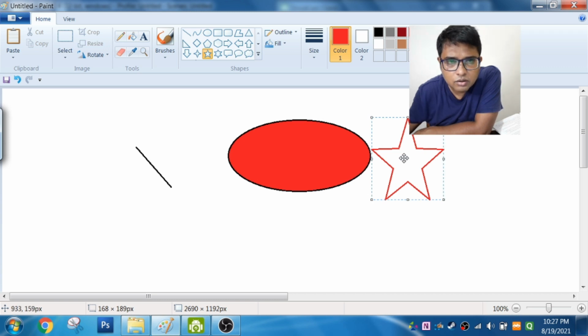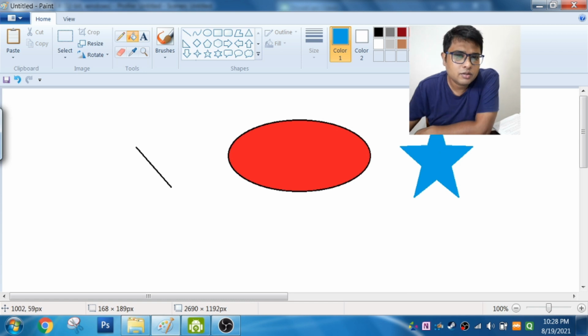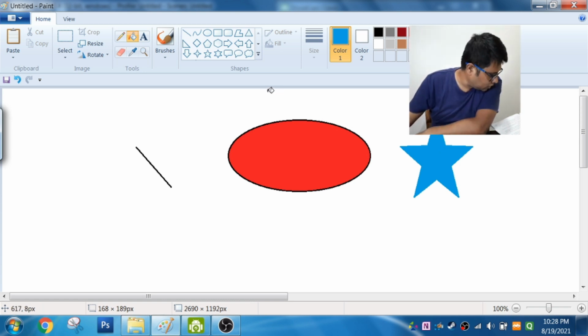Now I want to give a color to this star, like blue. So I click here and then I go here. Blue is already selected, and then you click here. The color of the star will be blue. So this is the use of the fill with color tool.